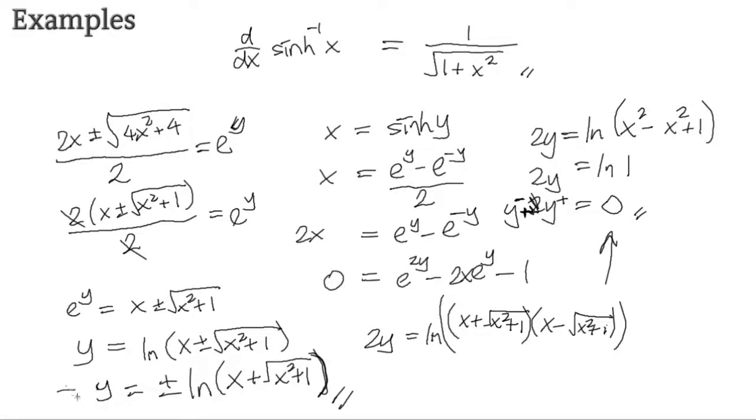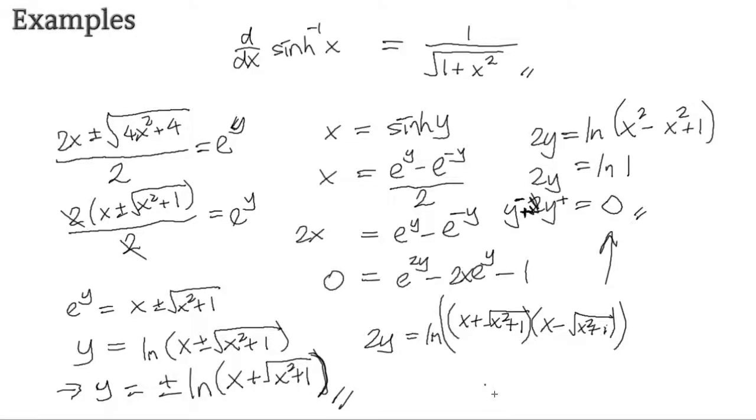But in the end, this is the important bit that you need to take away, which is y equals plus or minus natural log of x plus root x squared plus 1. That would be arcsinh. Now I'm going to leave arccosh and arctanh for you to experiment with in the question section,